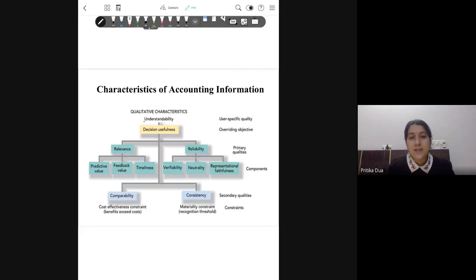Next qualitative characteristic is decision usefulness. So you're sitting in an accounts class and I start teaching you economics. It is not useful for you. You will not be writing eco in your accounts paper. So decision usefulness is that on the basis of presented information, proper decision making should be enabled. The interested parties get their piece of information from the financial statement. As I told you,